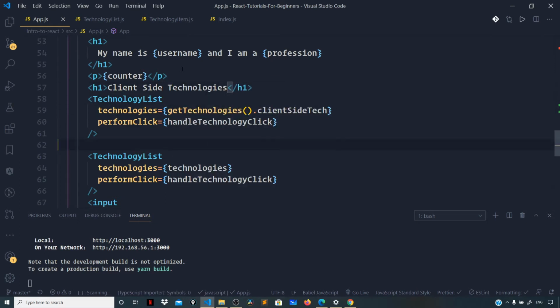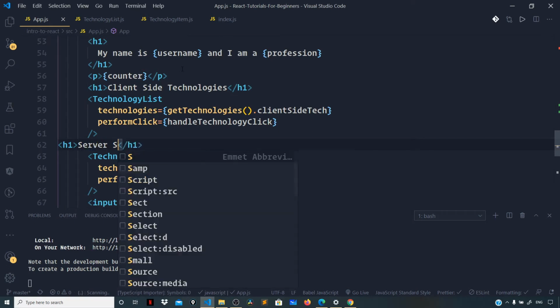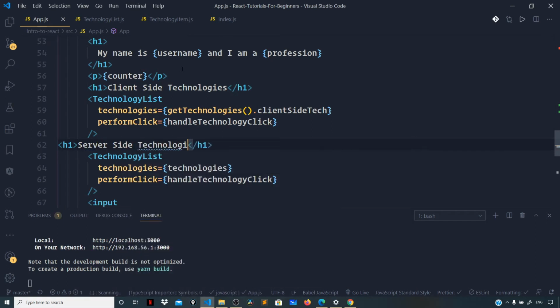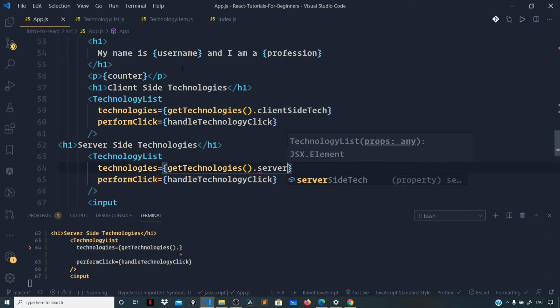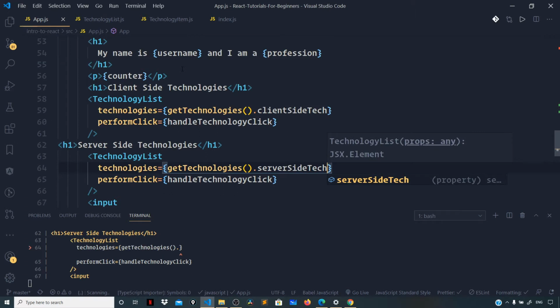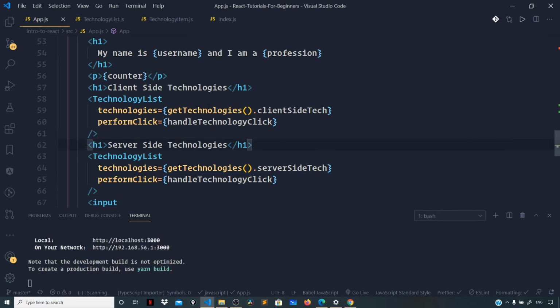Next, let us pass the server-side technologies to our technology list component. So h1, server-side technologies. And to get that, I will again invoke the getTechnologies function and access the server-side tech property that we get on the returned object, and again we are passing it as a prop to our technology list